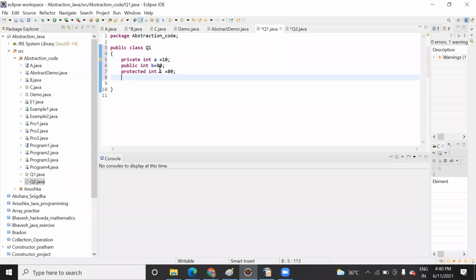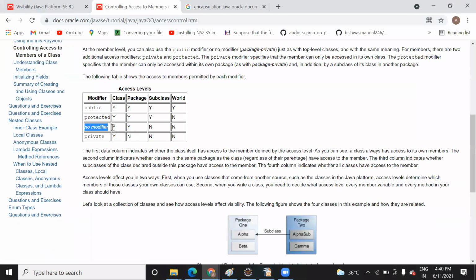It's taking only the three modifiers, and for no modifier there is no syntax available because we don't use it much. When there is no syntax, basically we don't use it, right?